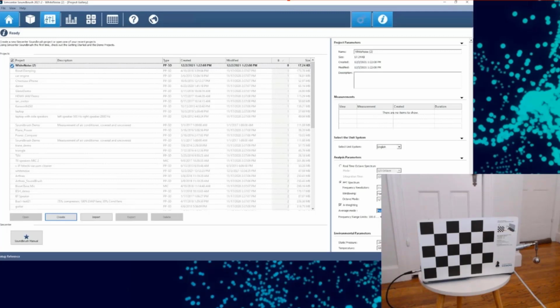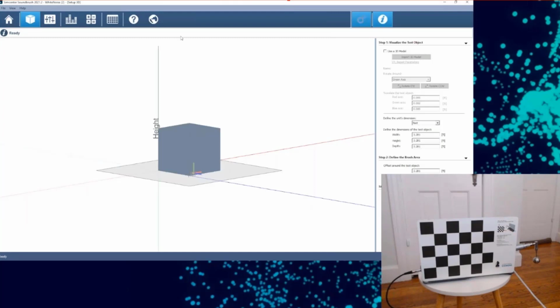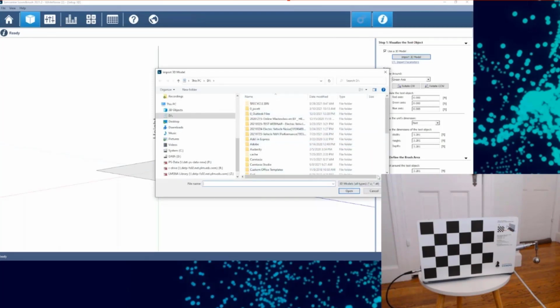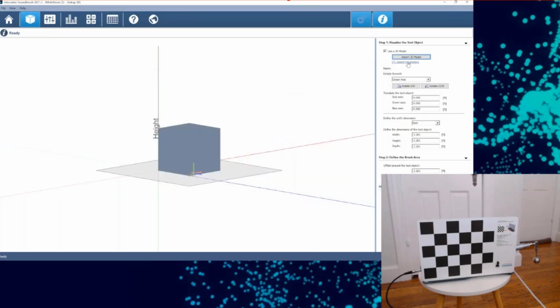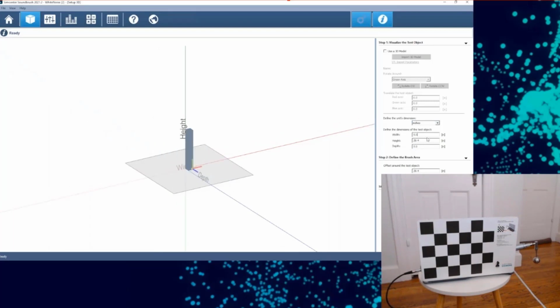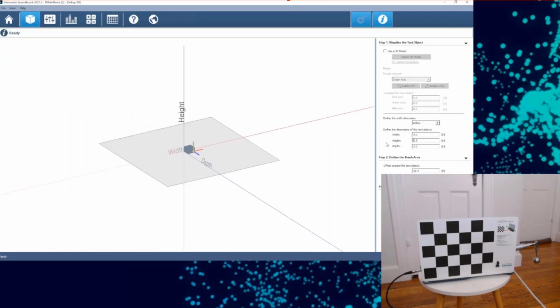I'm all set up. Next, I'm going to go to this Setup 3D. And this is where I could load a 3D model. So if I have an STL file from my object or my front of dash or whatever it is, I can just load an STL file. In this case, I'm not going to use a 3D model because I'm going to do a real simple, basic test. So I'm essentially just going to resize this cube that it makes for me and make it roughly the right size and shape. It's never going to be circular like my actual object, but I can make it essentially the same size. It is 5 inches in diameter, and it's 3.5 inches tall.